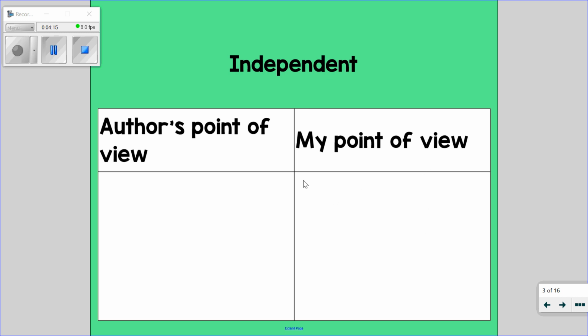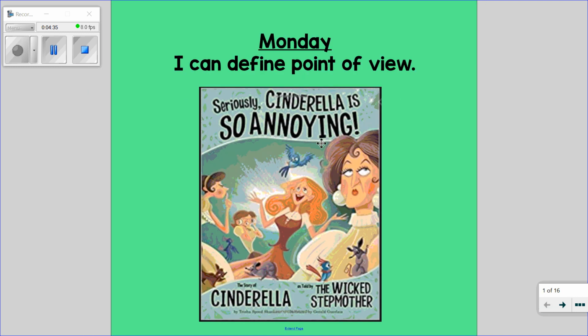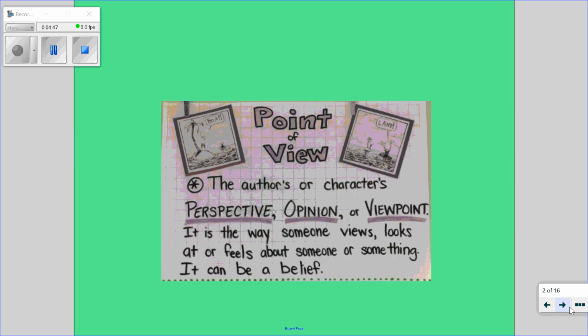And then I want you to tell me about your point of view. You've heard the story of Cinderella, and now you've heard this perspective in a different way from the evil stepmother. Or we don't even know she's evil because that might be Ms. Ramsey giving you her point of view. How do you feel? Do you feel like this is the truest version? Was Cinderella really an annoying person? Or is Cinderella's version true and the stepmother, really, the wicked stepmother, really the bad person in the story?